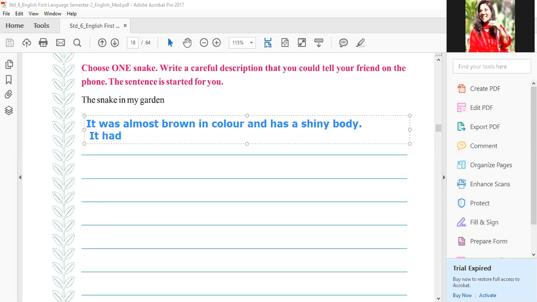It had black. Suppose if we say it had a brown. चलो. अच्छा, brown अगर body हमने दिया है तो it had red कर दो. ठीक है? It had red patches on its body. ठीक है? It had red patches on it. Okay. Then you can write that